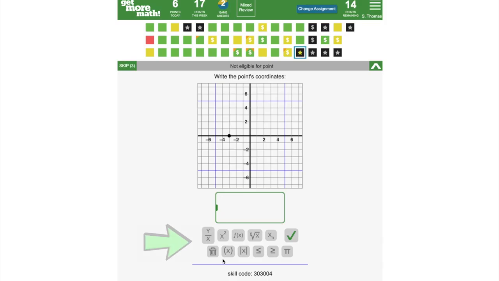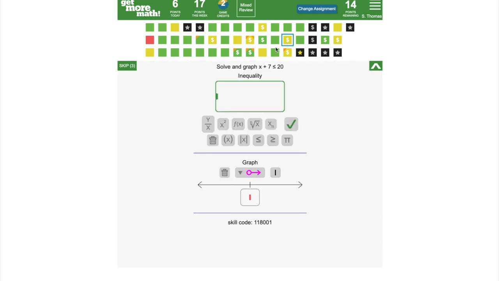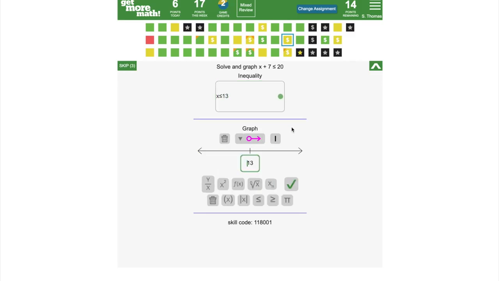Below the problem will be special keys that can be used to answer the problems. Students select the key and then use their keyboard or mouse to complete the problem. Using these special keys in a multi-step problem is done in the same manner, but make sure you express to the students they must check each of the steps in the problem to move on.